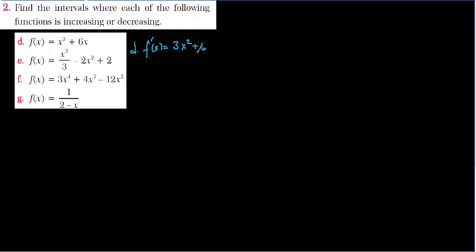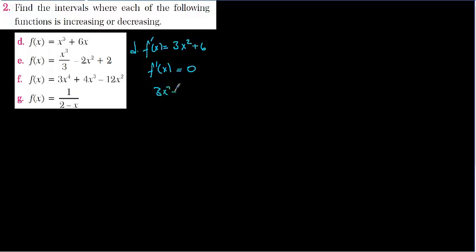When we have 3x squared plus 6, this is always positive. I need to explain that one to you. When the first derivative is equal to 0, we were finding the table, and with respect to that table results, we were finding the function is increasing or decreasing, if you remember. And f'(x) cannot be equal to 0 in this case, because when it's equal to 0,